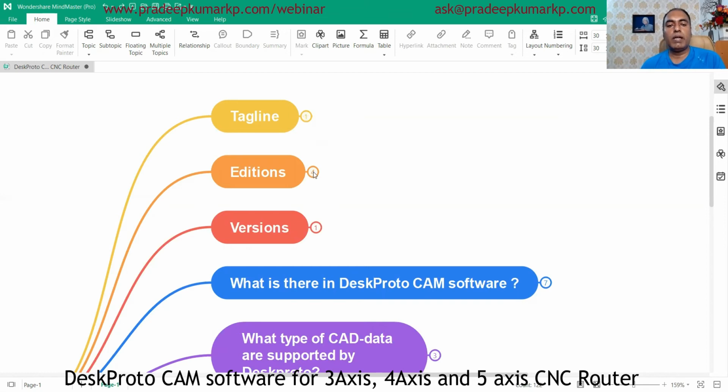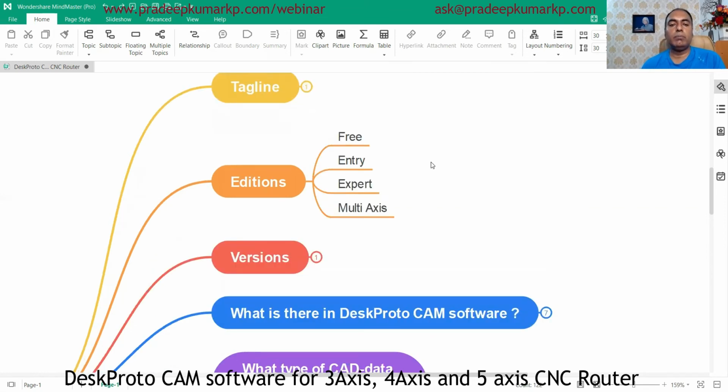Then we will look at what editions are available, because they have different modules or editions, or ways they sell the product. A free version is available with some of its features, and an entry product is also available, then expert tools and multi-axis tools. All these are sold in separate packages as per our requirement.